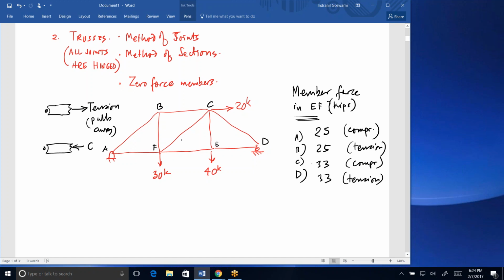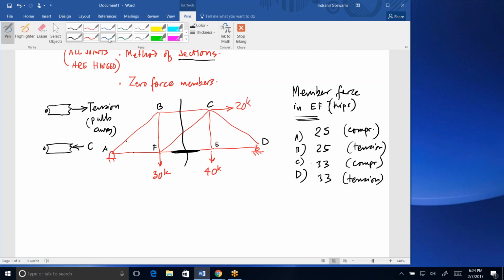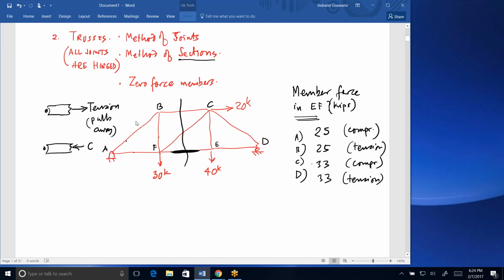Now, this is the member force that we have been asked for, member EF. Now we can see that we can go figure this one out and this one out and this one out and this one out and go through a path to get to that member, or you can do method of sections. Method of sections will be an easier way to get straight to it, and you'll have to make an appropriate section. Appropriate meaning that if you make a section that passes through too many members, for example, if I were to draw an alternate here,